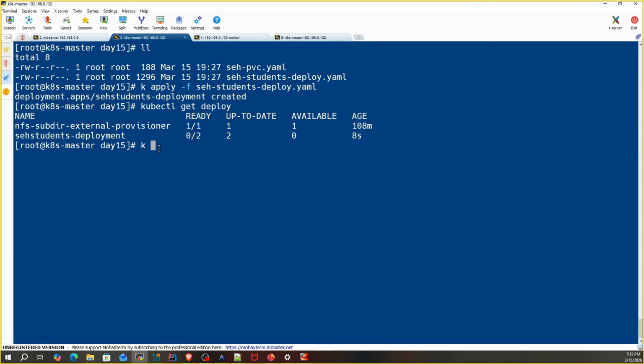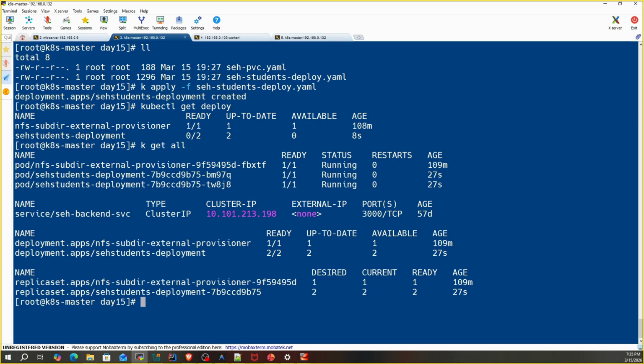We can run the kubectl get all command as well. What happens behind the scenes is the deployment creates a replica set, and the replica set creates the pods. Those pods automatically mount the PVC.